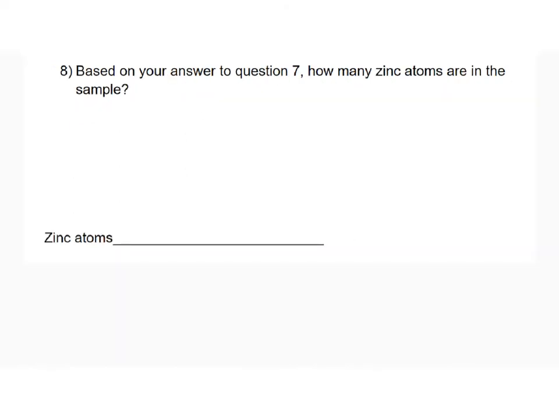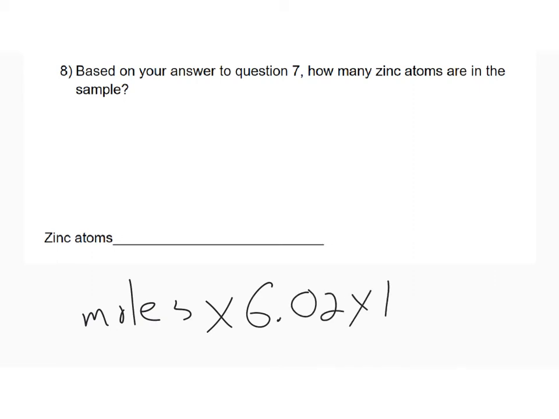Now that we know how many moles we have, we can use that to figure out how many actual atoms there are in this sample. We do that by taking the number of moles times this number, which is called Avogadro's number. It's the number of particles in 1 mole of anything. So the number of moles times the number of things in 1 mole is going to give us the number